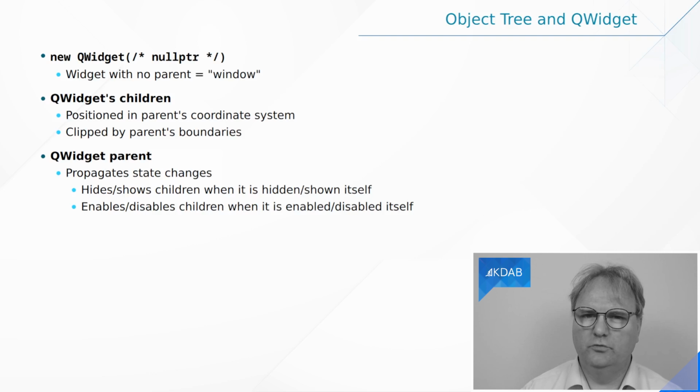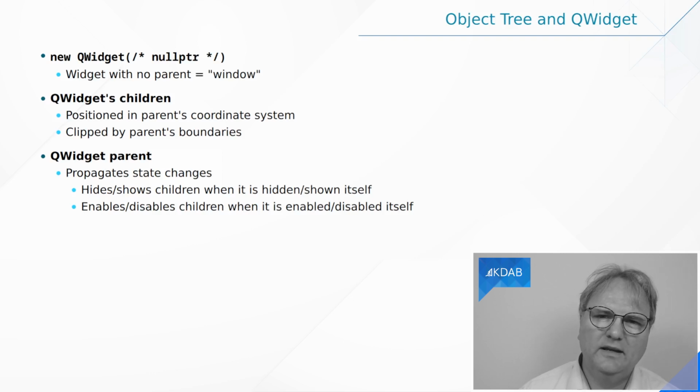If you have shown something, say a dialogue, and you add a child to the dialogue later on in reaction to the user pressing a button, for example, and you then create that child of the dialogue, then you need to show that at that time, because it's only as part of running through or showing the dialogue that it will run through the list of children and call show on each of them, and it won't happen later on.